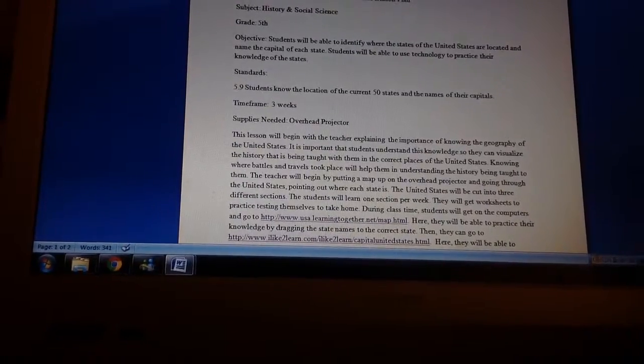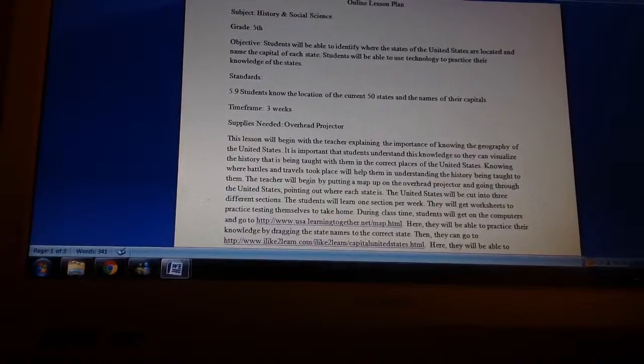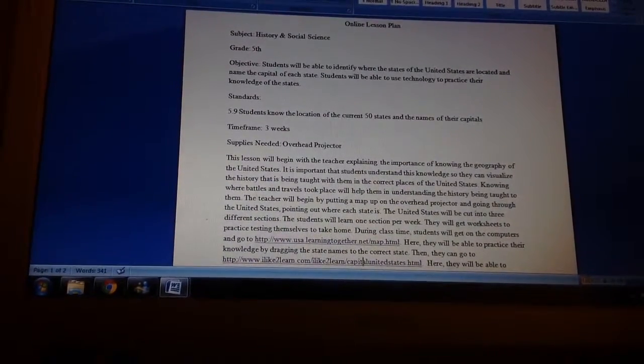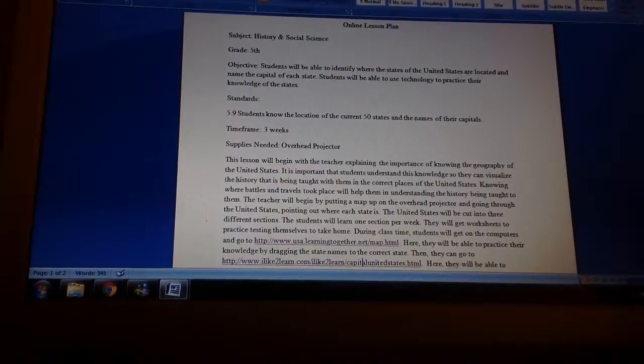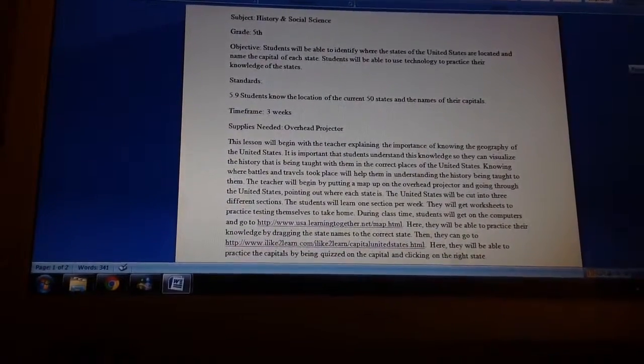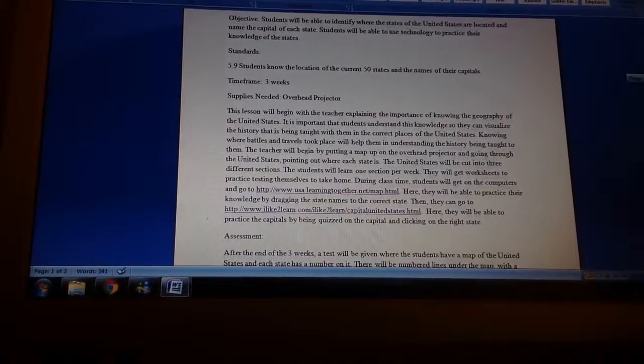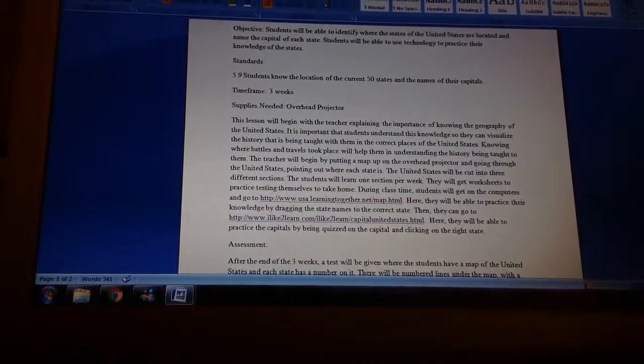Students will be able to use technology to practice their knowledge of the states. And I said this was probably a 3-week unit plan because it would take a while for them to memorize all the states and their capitals. So I thought I would begin